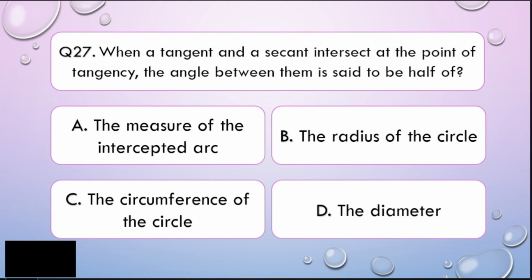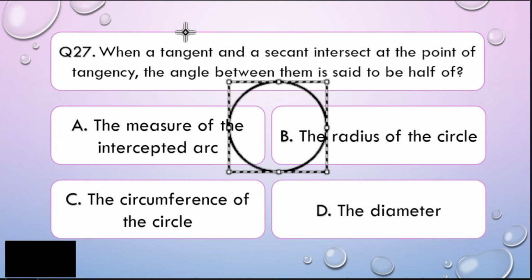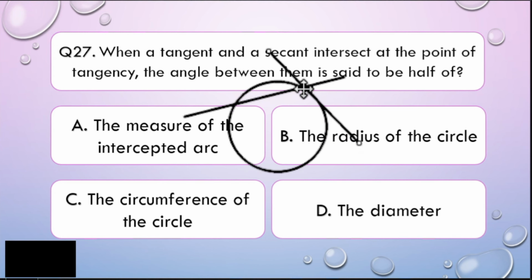Alright, my dear math learners. Now, talking about an angle that is formed when a tangent and a secant intersect, let's consider this drawing. Okay, so that is a circle. And then we will be making, let's say, a line. Now, consider this is a secant. Just remember that secants are lines, so there should be an arrow at the end of each figure. And then, how about a tangent? Let's make another tangent here. This will be the point of tangency, my dear math learners.